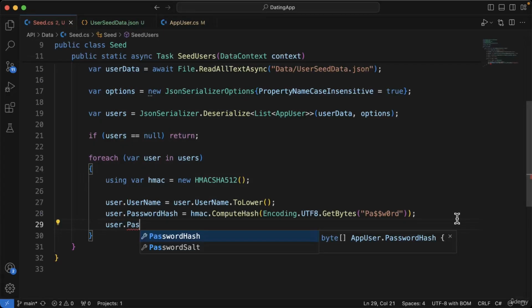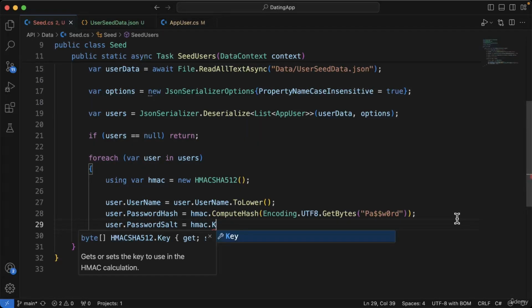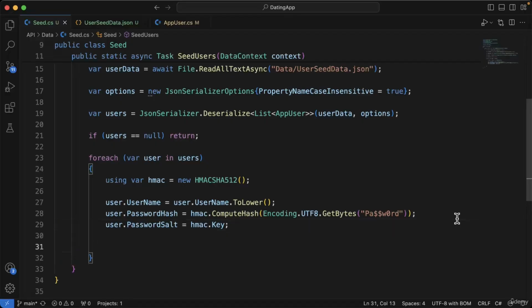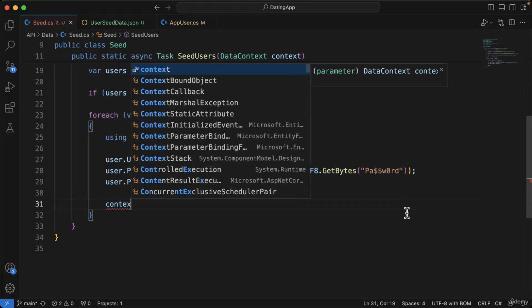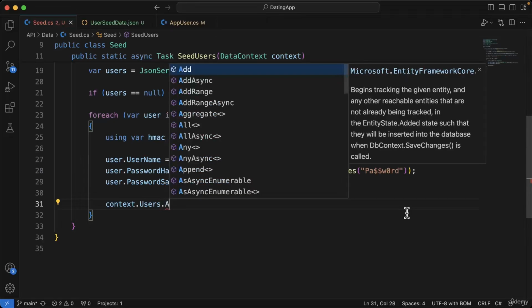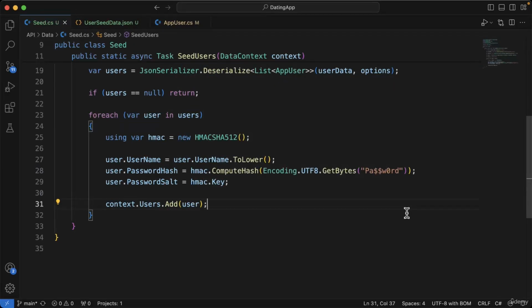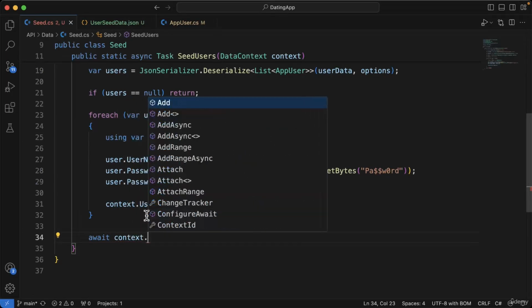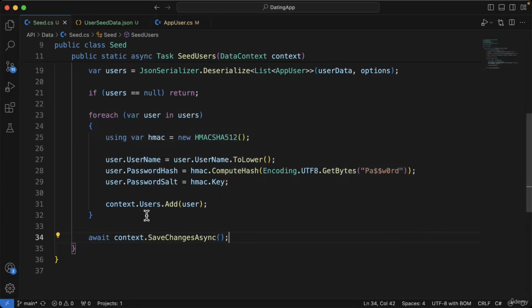And then I'm going to say user.passwordsalt equals hmac.key. And then we can add these users using the context.users, and we're going to add the user. And this means that Entity Framework at this point is tracking this user entity, but it's still not saved into our database. So we loop over each user in the collection of users, and then below the for each loop we can say await context.SaveChangesAsync. So great, now we've got the potential to seed users into our database, and we're going to take a look